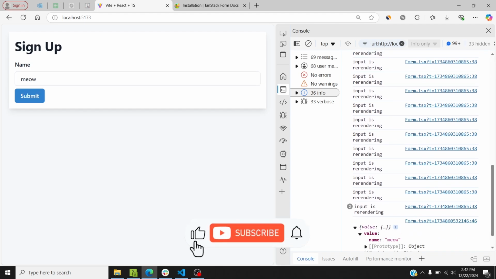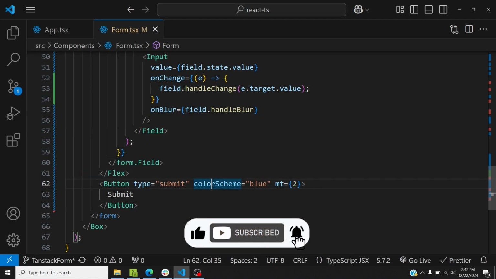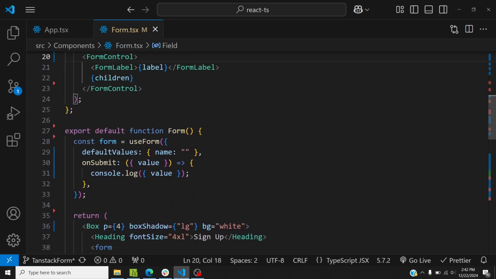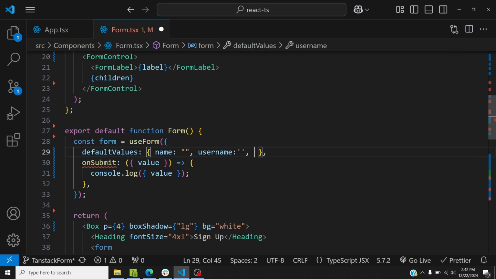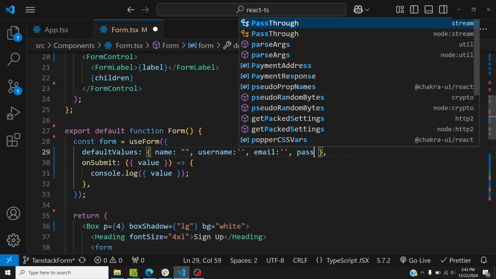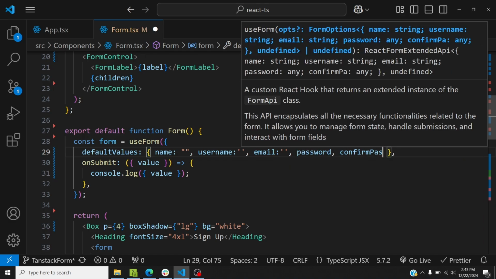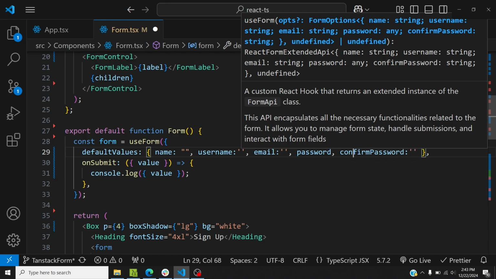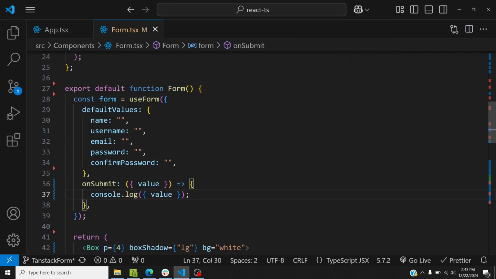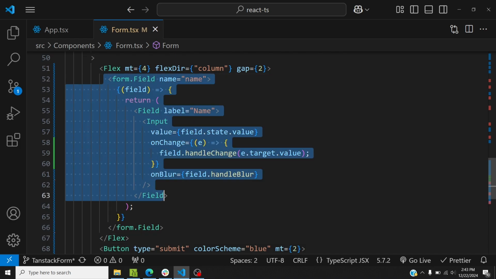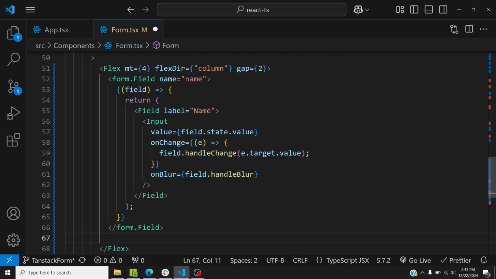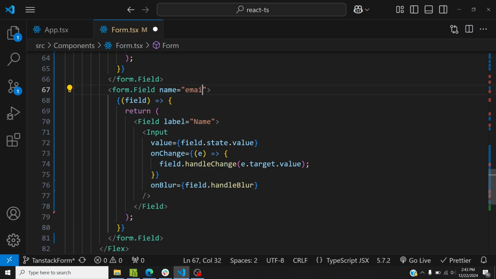Now let's add other fields as well. I want to add some more fields. So name, username, that would be an empty string as well. Then email, that would be empty as well. Then password, and then confirmPassword. This would be an empty string, and then this would be an empty string. Cool. So let me add all those fields as well. I'll just copy this, then add it here. I'll call this email. I'll call this username,